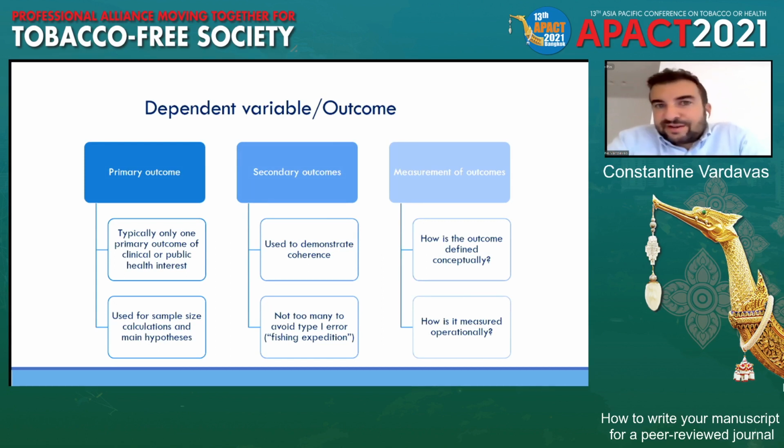So there's always a primary outcome from a study, and usually there's a secondary outcome as well. You may be looking, for instance, at exposure to secondhand smoke, but another outcome may be experimentation with tobacco products in the family. That may be a secondary outcome. And then how are you measuring these outcomes? If you're measuring secondhand smoke exposure, again, how is it? Is it self-reported by questionnaire? Is it airborne measured? Is it human substance measured? Things like that.